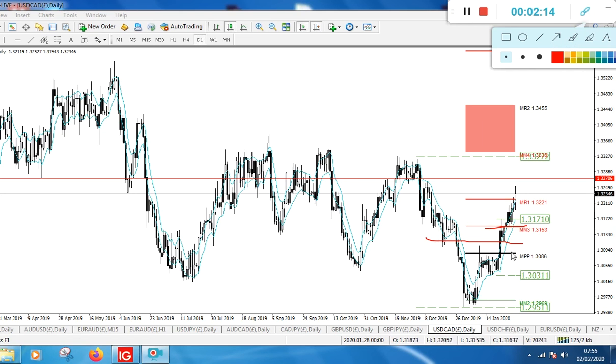I think that was the early hours of the morning, and I was sleeping. So sometimes you end up missing the trades, and sometimes the strategy you have just does not play out the way it should according to the strategy. So that happens. So in here, I'm still looking for long side plays up until it hits that resistance,